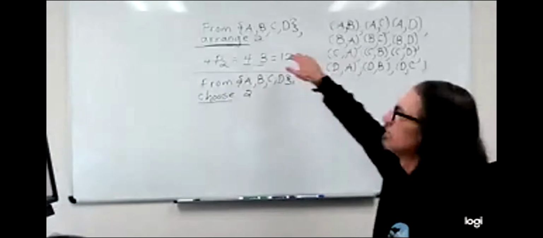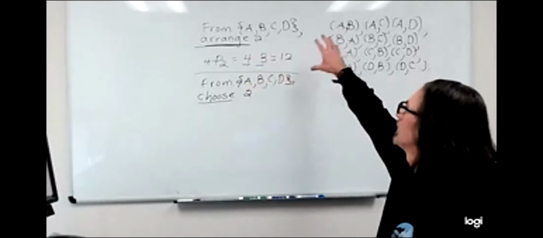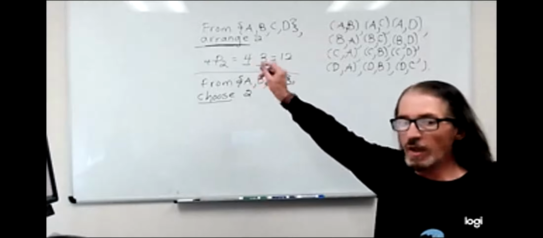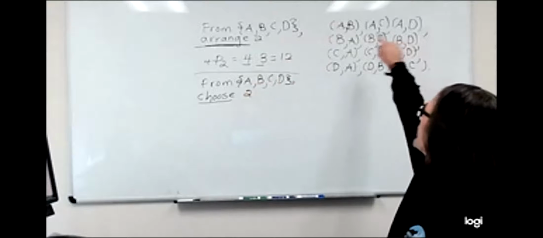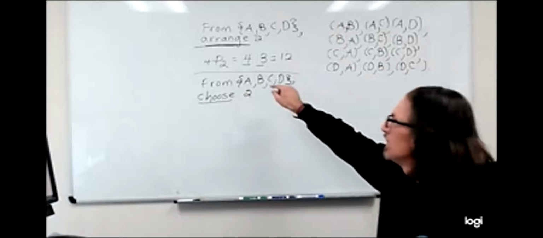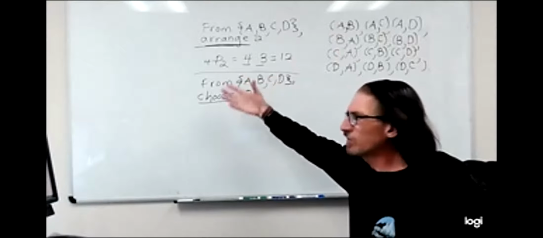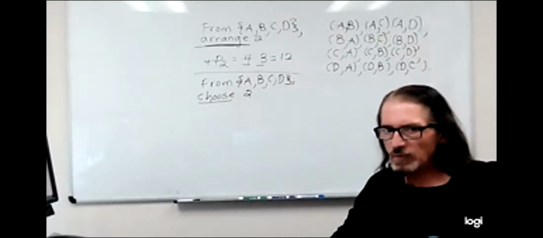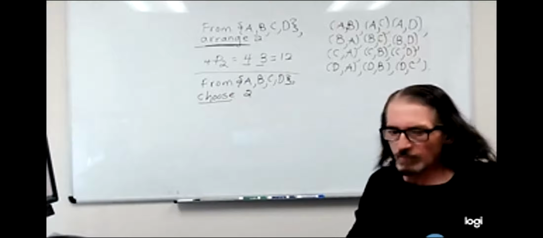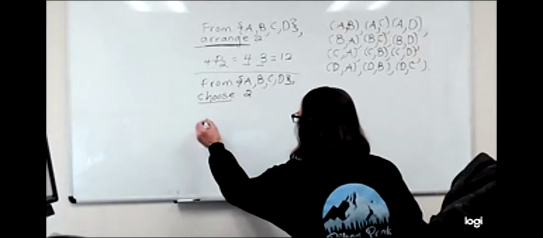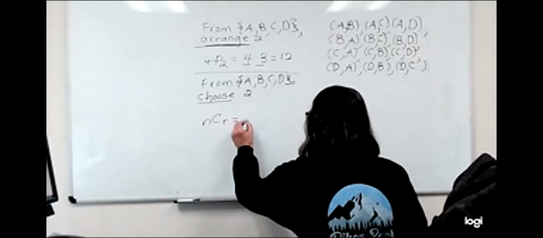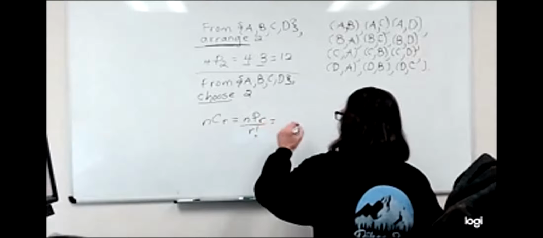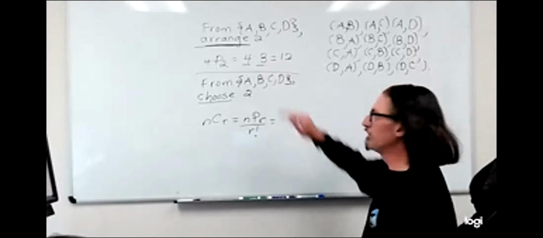Now, earlier we had both seen from 4 things, picking and arranging 2 of them, that there are 12 ordered pairs we could come up with, comparing that to a special case of the multiplication principle. We also came up with 12. So what I am suggesting with nCr equaling nPr divided by r factorial, I'll pretend I didn't do this here, then